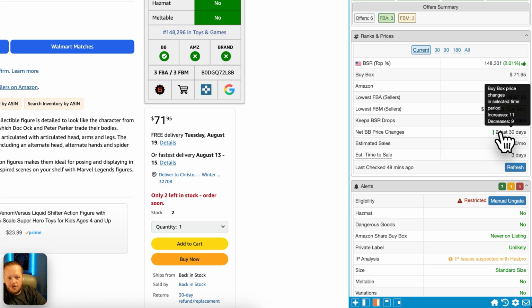There have been 11 increases, 9 decreases. That's pretty normal when it comes to pricing on Amazon. People are using repricers, moving that price up and down, trying to get a little buy box share while also being able to make as much money as possible. But this can give you a little bit of a trend of what is happening to that price